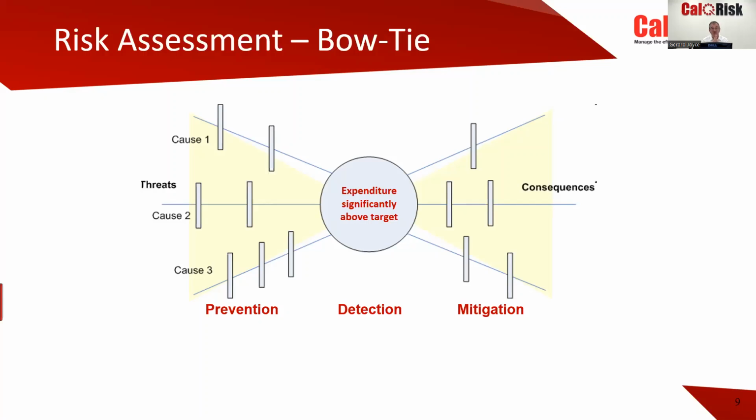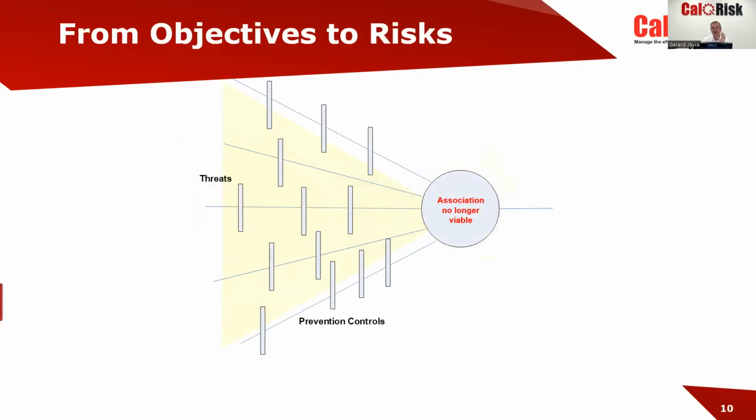But if you do go above budget, then to the right-hand side are things you will do then to mitigate or lessen the severity of that. And it might be that you reduce costs elsewhere, you seek additional resources, additional funding, or whatever. So that's the bow tie technique.